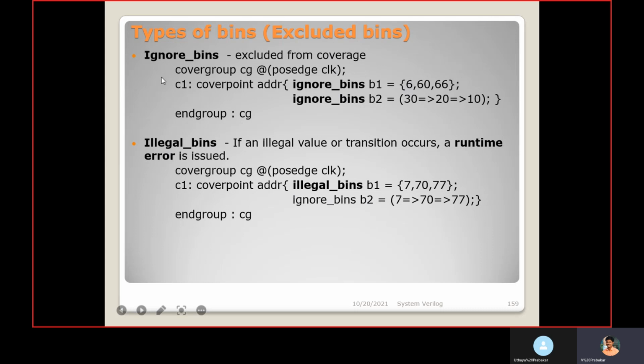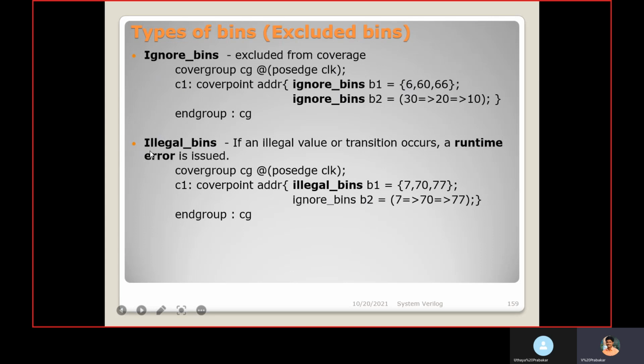Where can we use illegal bins and ignore bins? For example, in a register we have reserved bits. Those reserved bits we can ignore. Those bit positions of the register we can declare as ignore bins.